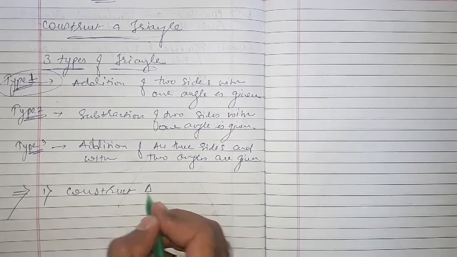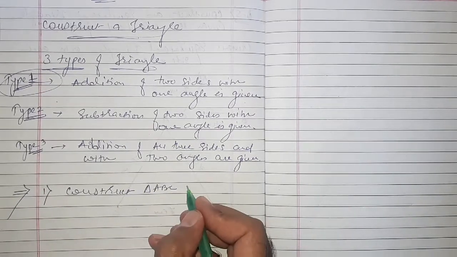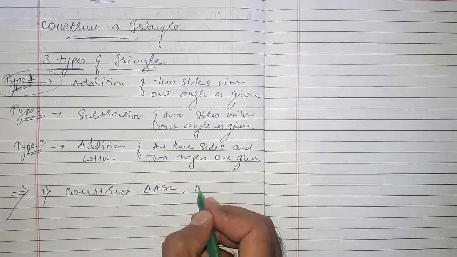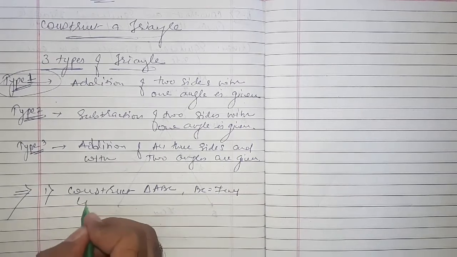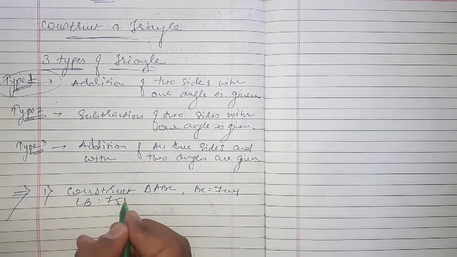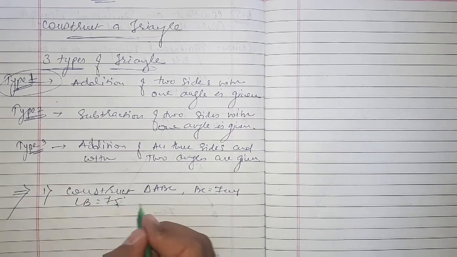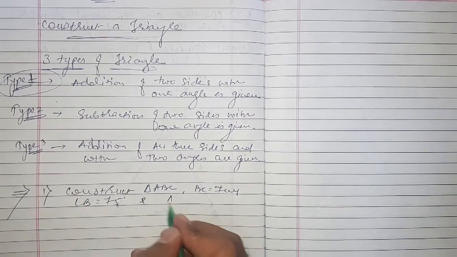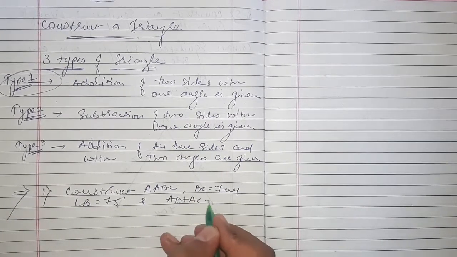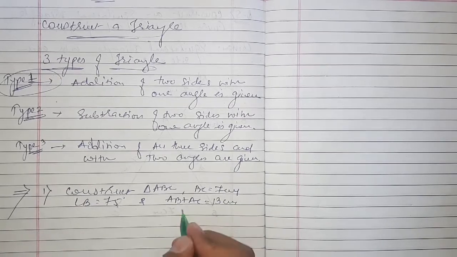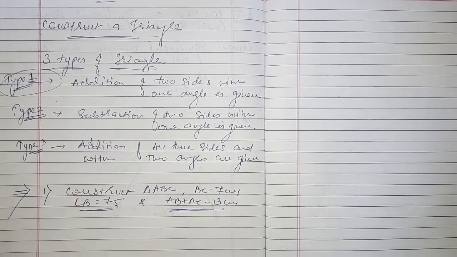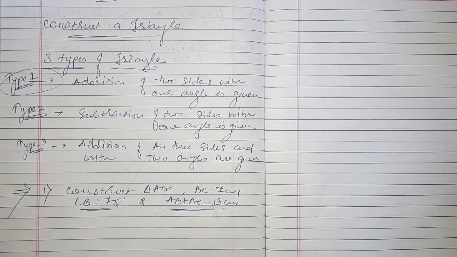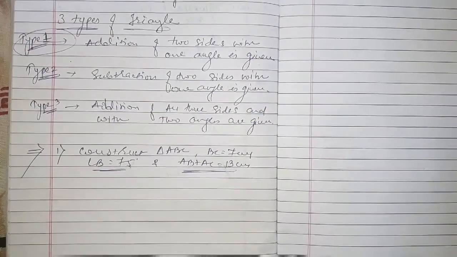Construct triangle ABC in which BC equal to 7 centimeter, angle B equal to 75 degree, and AB plus AC equal to 13 centimeter. Here the sum of the two sides, 13 centimeter, is given, and one of the angles, that is 75 degree, is given. Okay, so for the construction